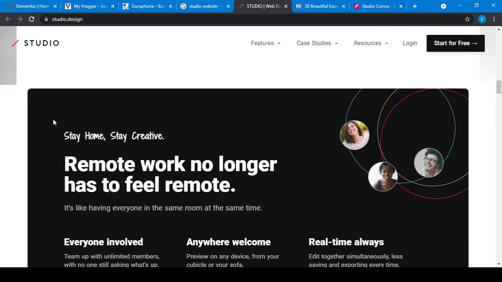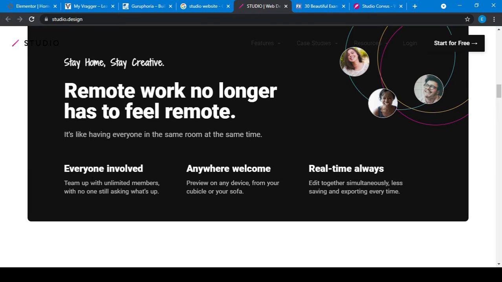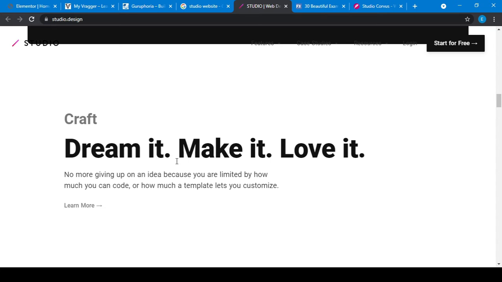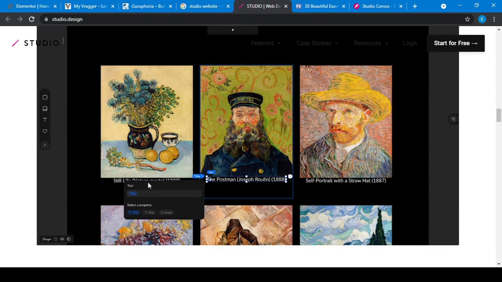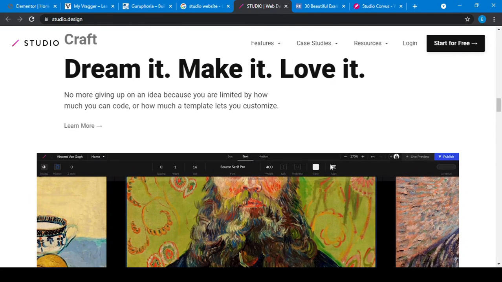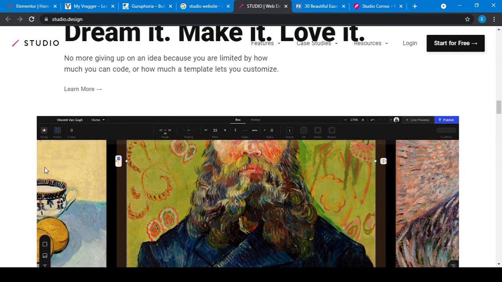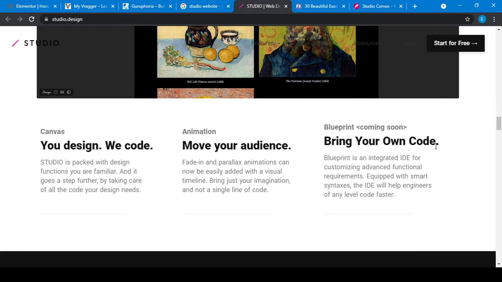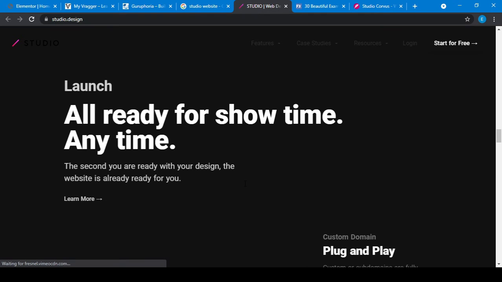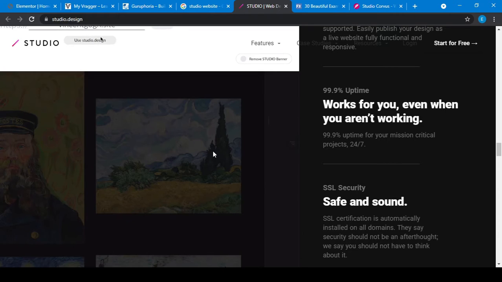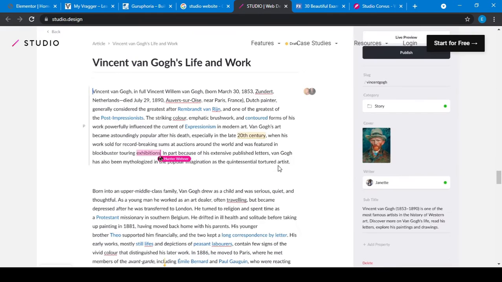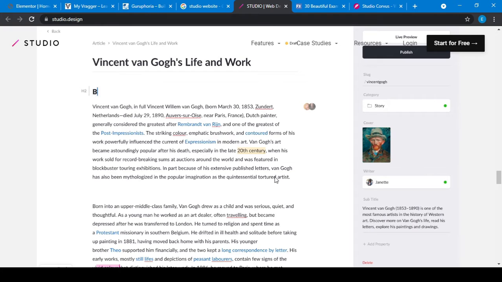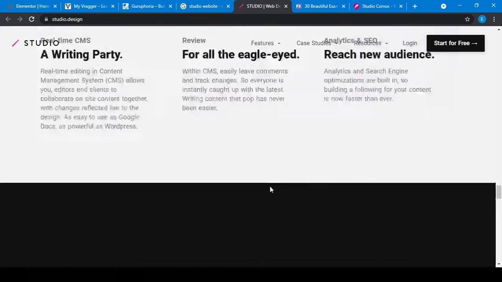Okay, then another section with 3 columns. One is like the upper column also. If you're going to create a website, it's a video. Don't think that it's 3D or something, it's just a video. I have put in a video here, and 3 columns again. So the structure of all websites is the same, but you have to understand how we are going to create it and what we are going to create.